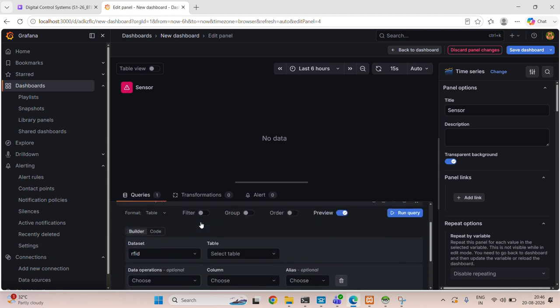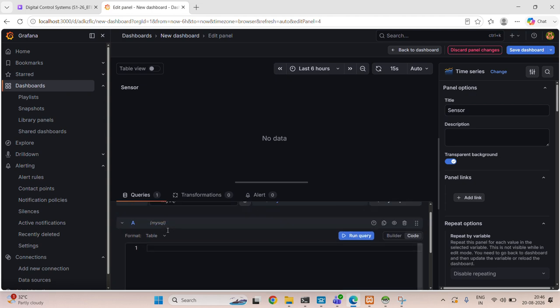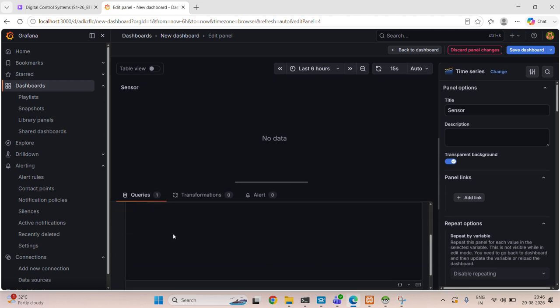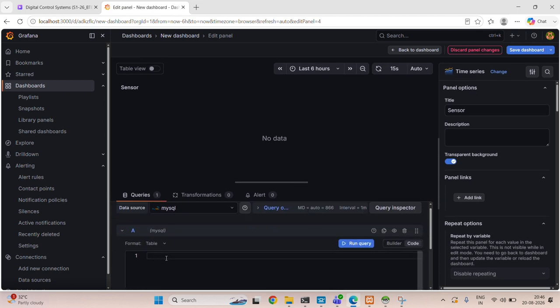Now, here we want to write the code for creating the bar chart. So we'll work in this code. In the builder one, you need to select the things, but here you can write your own query. So we need to write